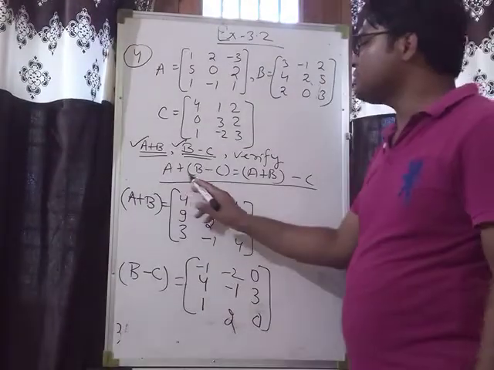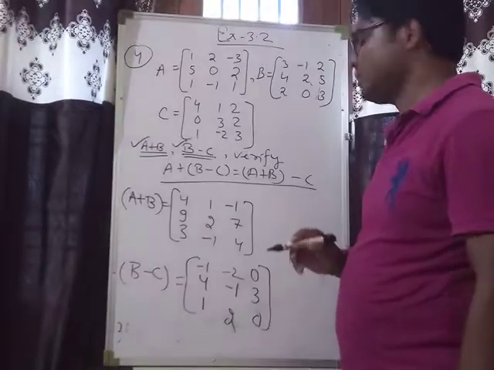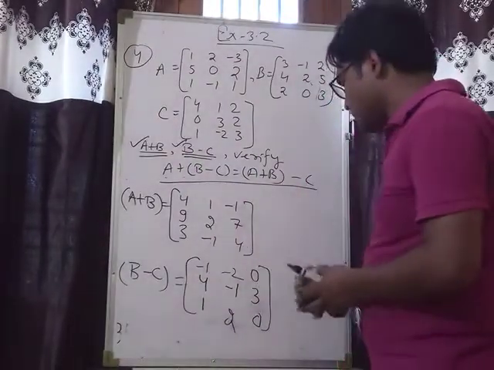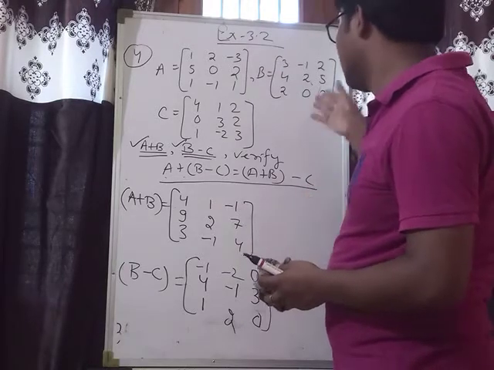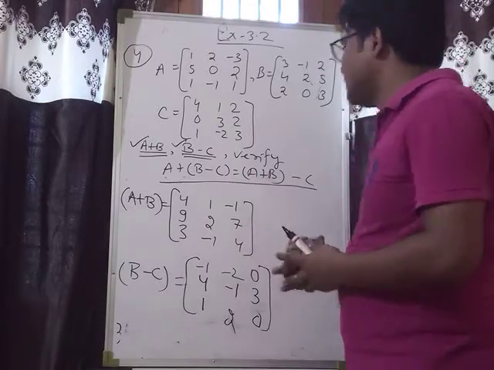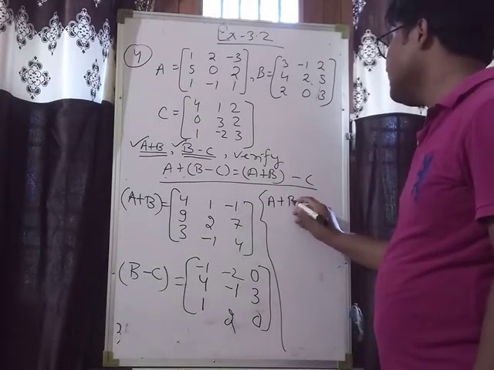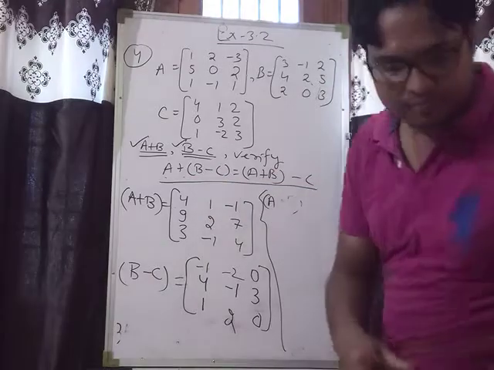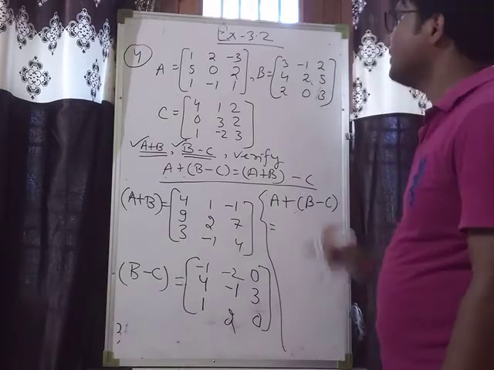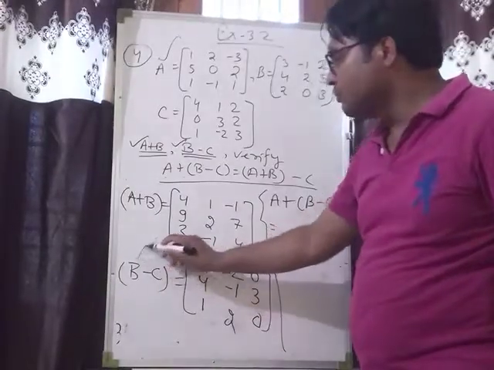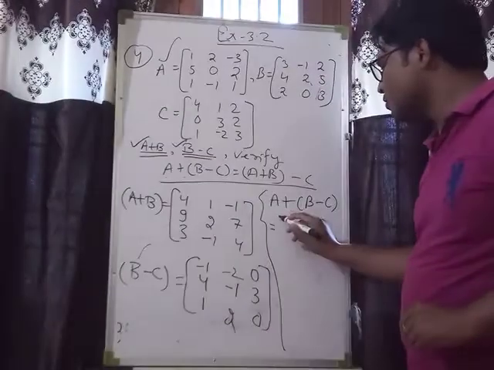Now we have to verify A plus B minus C is equal to A plus B minus C. So I am going to find out A plus B minus C. We need A, and then A plus B and C are required, so we will have to erase here. A plus B minus C. So I am going to solve here. A plus B minus C is equal to, see, this is your A, and this one is your B minus C. So these two matrices you keep in mind and we have to add them. What do we have to do with them? Add. So add the corresponding entries.